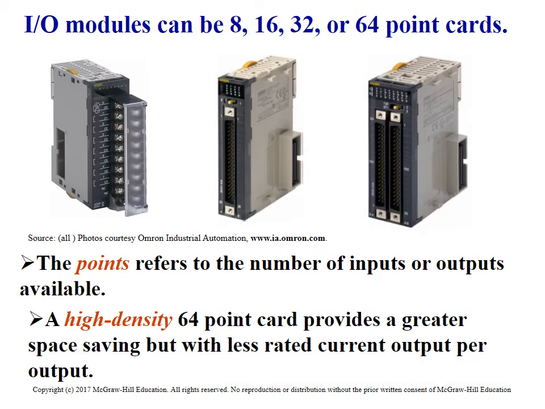Here's some different versions of input cards. You got 8, 16, 32, or 64. You'll see a lot of variation in that. A lot of the cards that we deal with on a regular basis are 16. I think you're going to see more and more in the future where people are going to more than 32 and 64. In the higher density cards with 32 and 64, you can see that it's got this pin out here. Quite often that plugs into the front of this, and it has a cord that goes to a terminal strip. That terminal strip goes right to a location where you can easily land wires to it and get all those wires terminated.